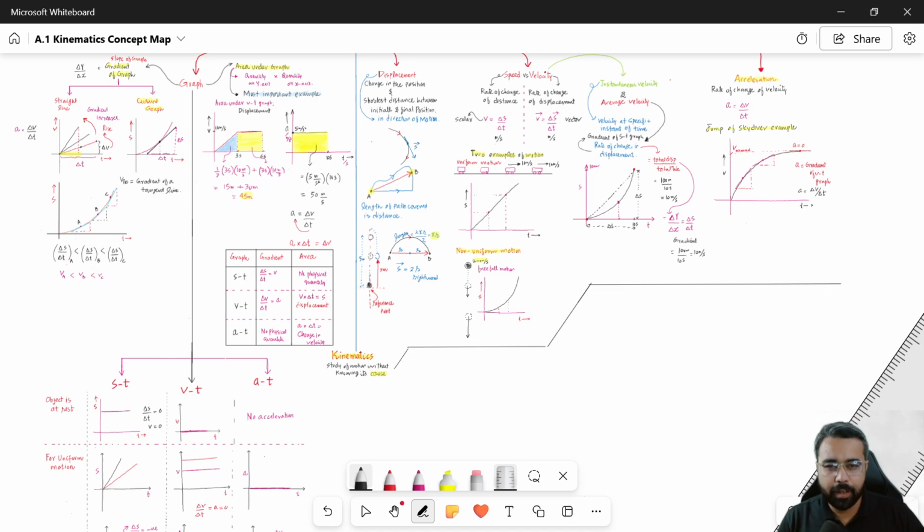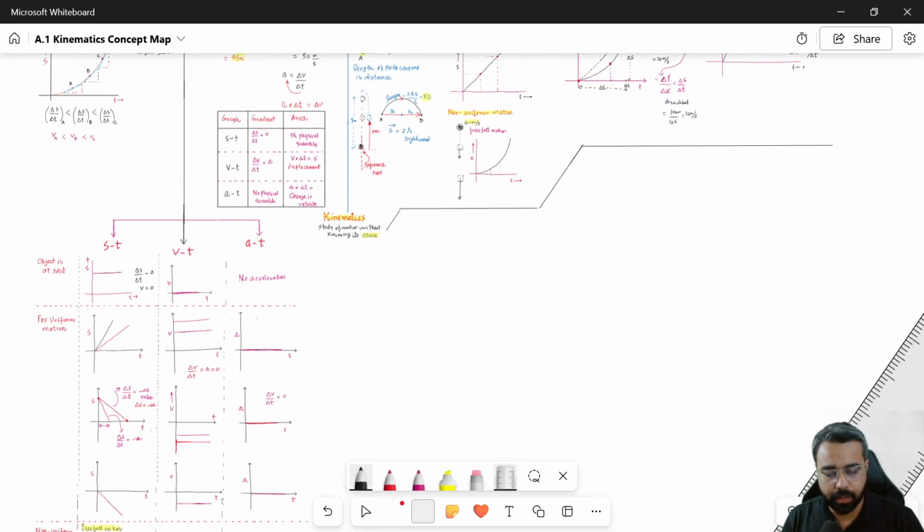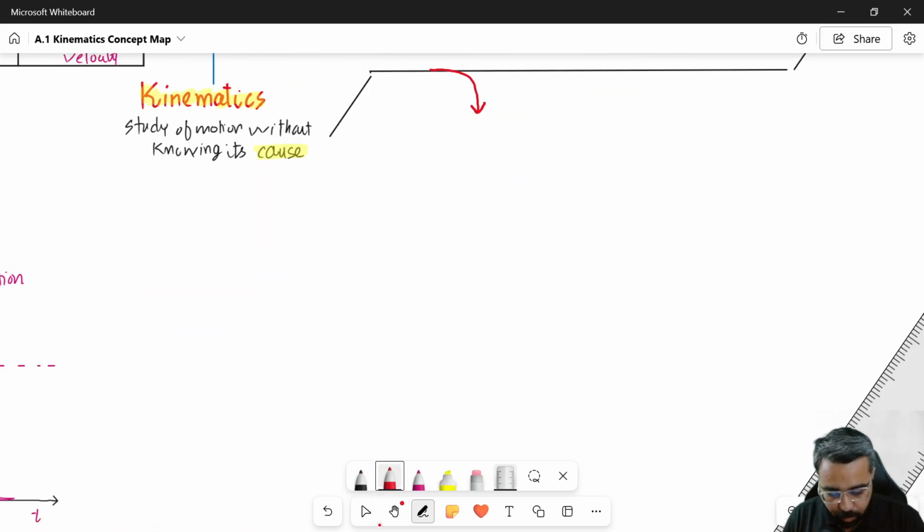Okay, students, so after learning key terms and all the types of graphs, now we are heading towards the SUVAT equations and then free fall motion. And in the last, we will discuss projectile motion. So let's start. Students, we also call them equations of motion, but in our IB curriculum, we call them